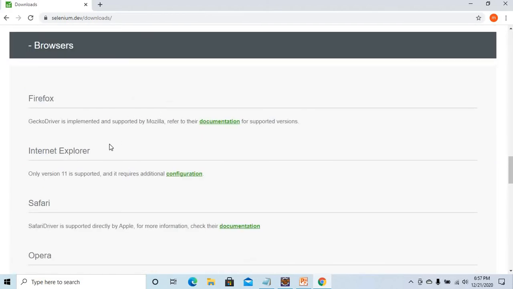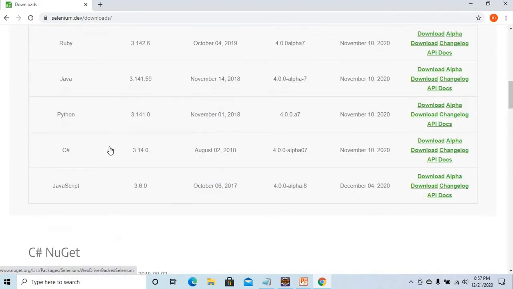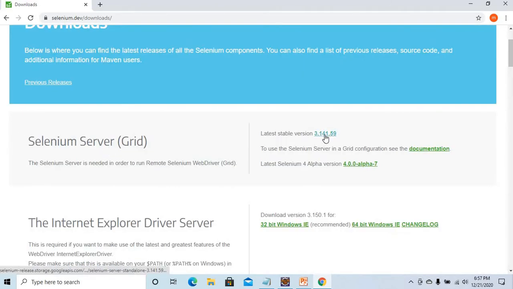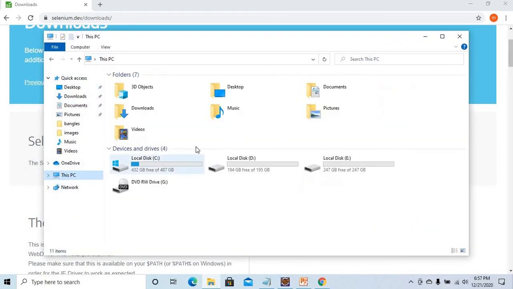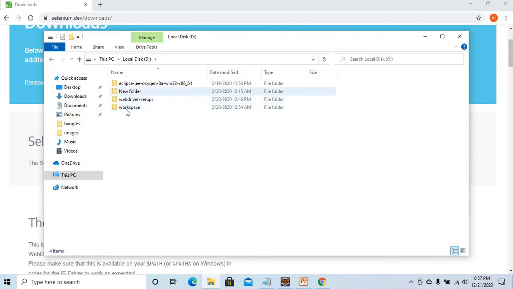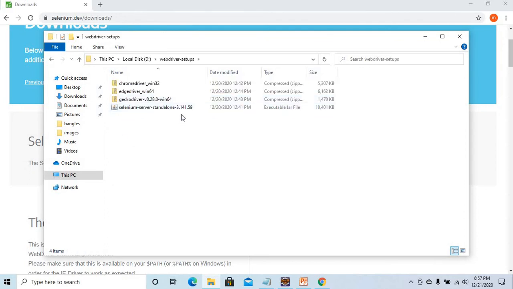As of now, the first and most important point here is you simply click on it and it will download your jar file. The downloaded jar file will look like this. Let me go to my folder, where I place all the downloads. So this is the jar file. You have to download this jar file.